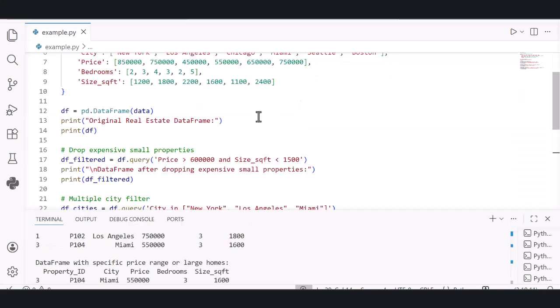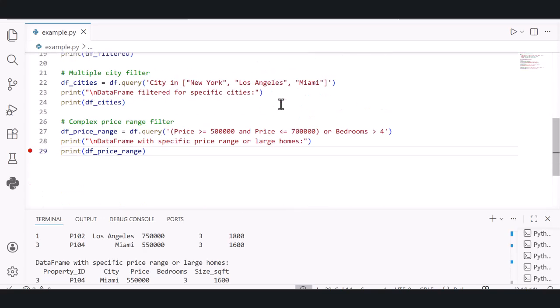You can use this code and check how it works with these conditions. Then you will understand better. I hope you understood all the